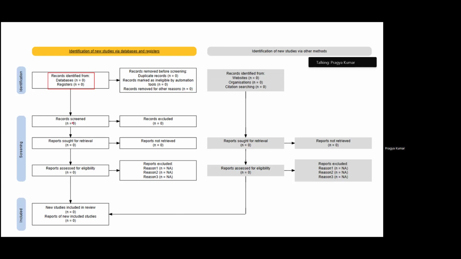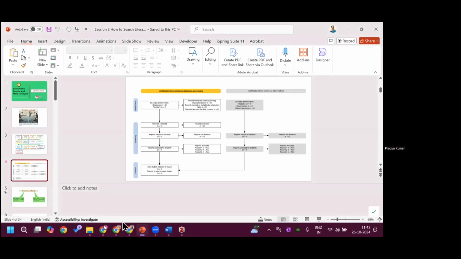So now we will go to records screened. This also we will write, how many records were removed. This I have to take from Rayyan, and that we will show you. Now coming to Rayyan. So I have